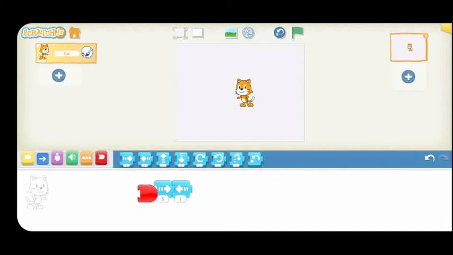Okay, if this end block script is attached at the beginning, then these scripts after the end block will not work. See, you can see it is not working. Move left and move right is not working on the stage because first end block is attached here.